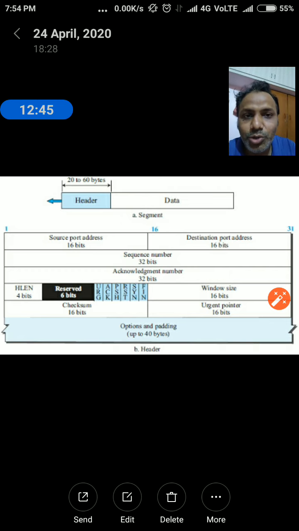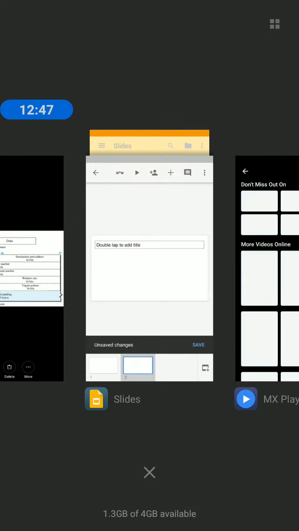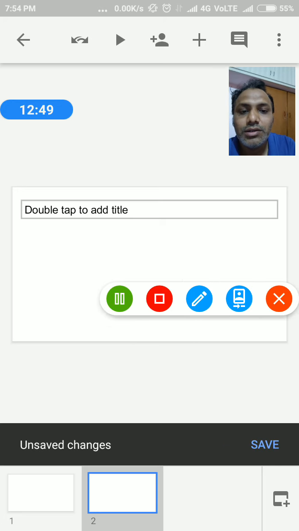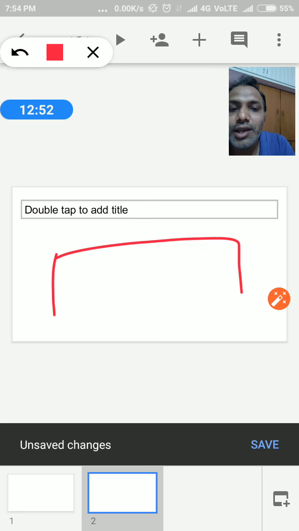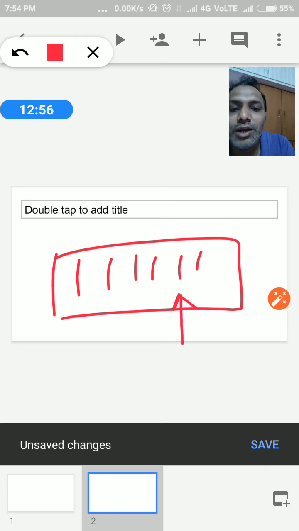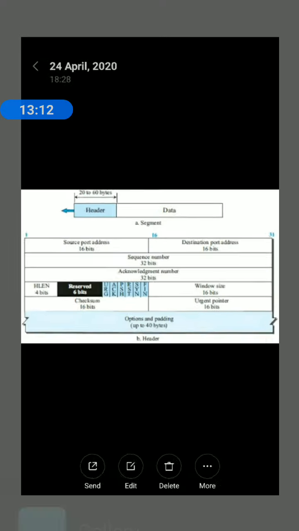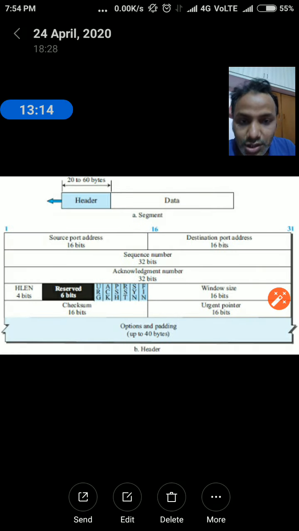How to set the urgent pointer, we can see using the diagram. See here, this is the segment, and this is the byte. I decide that from that point to that point the bytes are urgent, so for those bytes we set the urgent pointer, and through that urgent pointer we can send the data urgently to the destination side. So this is about the urgent pointer.